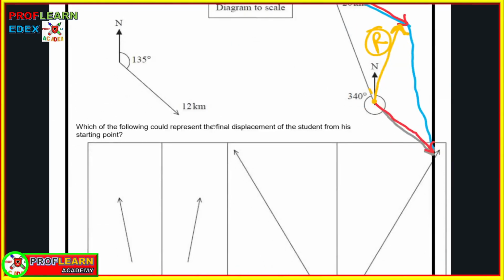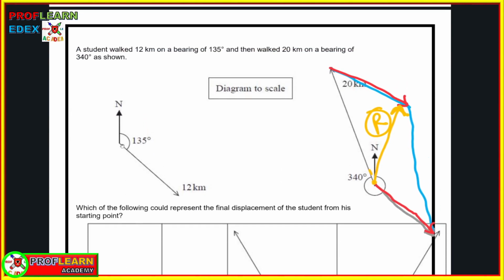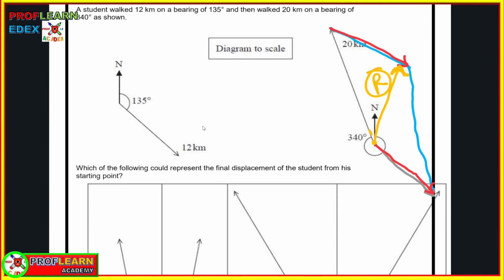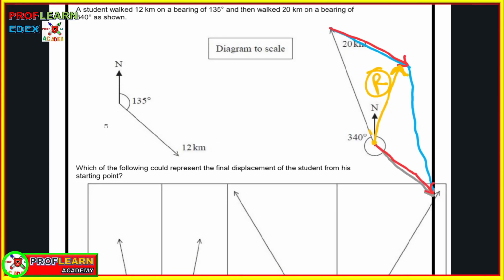That's another question that you can be asked. Another question that you can be asked in A-level physics, Year 12 AS physics, is a question to do with vectors. In that case, we need to represent the displacement. Which of the following could represent the final displacement? Now, if we translate this vector, the concept I used,